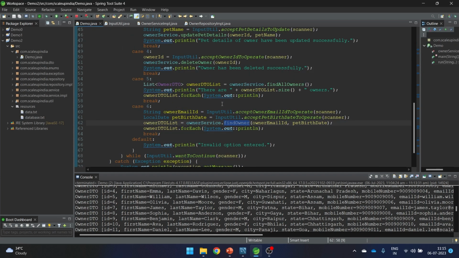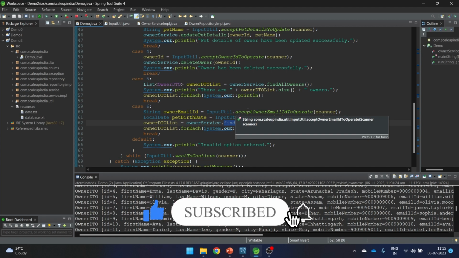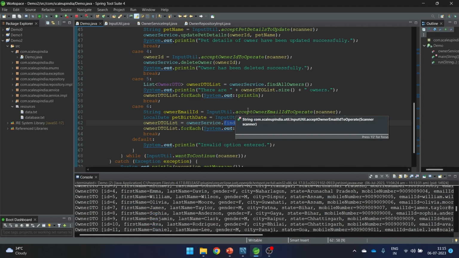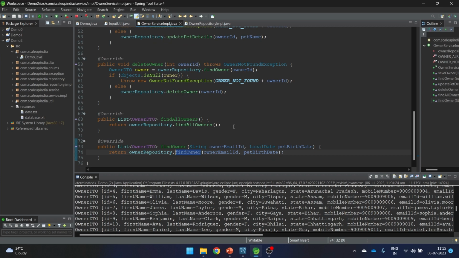Another thing is that whenever we are accepting data from the user, at that point of time, we need to be very strict. We need to follow a zero trust policy, which means that you can never trust your user. Your customer can be anyone. It can be a hacker. It can be the actual customer. So whatever the user or the customer is providing as input, we always need to validate it. And for that particular validation, we can do it in our service IMPL. So here also we can do some kind of validation.